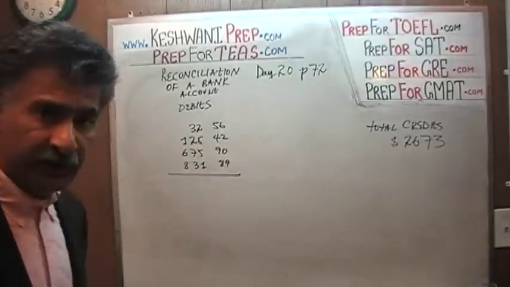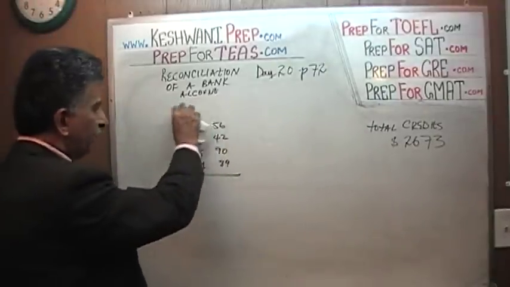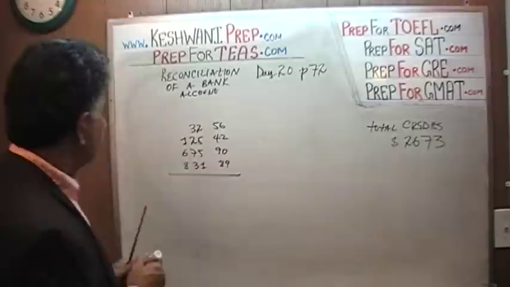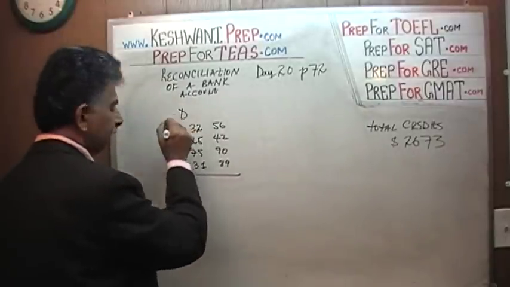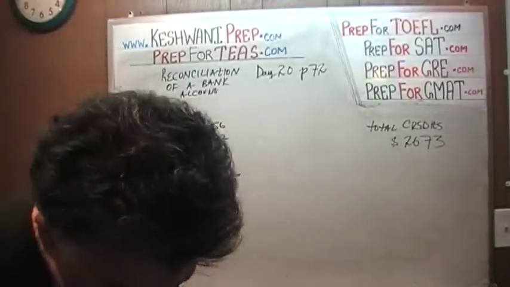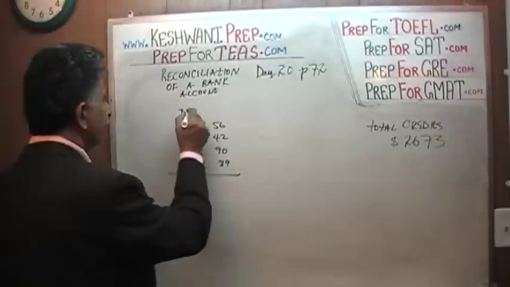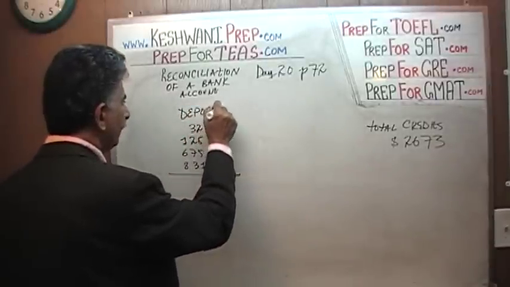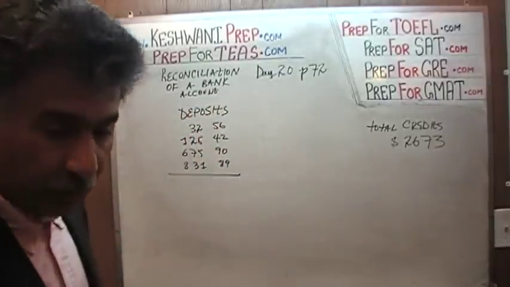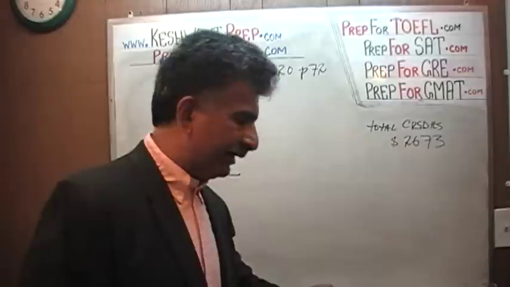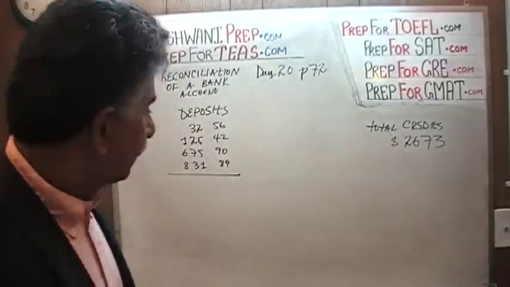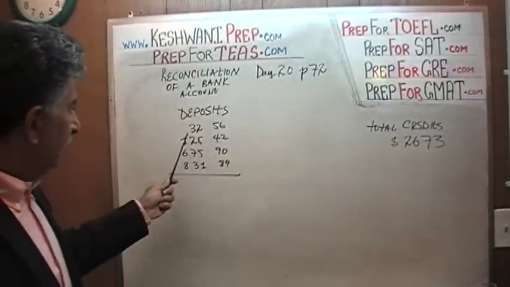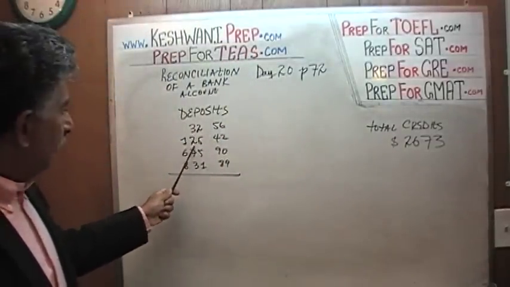I'm going to start out here with the debits. Let me rewrite this, it's too far up. These are debits or credits? These are deposits, not debits. So I'm going to start out actually with credits. All the money that is coming in the account. The deposits are, we are told that we made these deposits: 3256, 125.42,